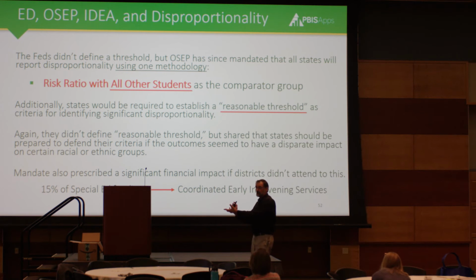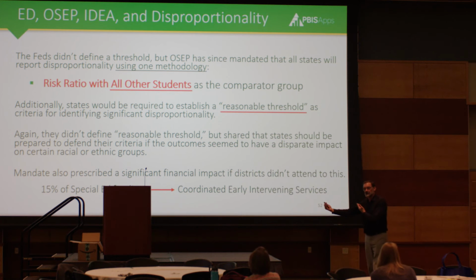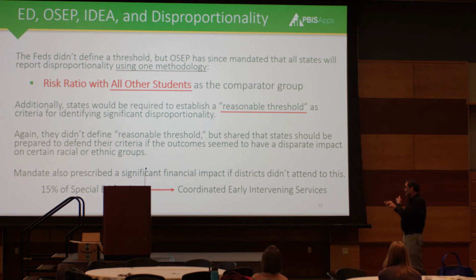But we know if we have these services going for special ed students, we can't just stop doing those services. We're responsible to maintain those services, which means we have to take from our general budget to cover the 15% that we took away from our special ed, because we had to take that money to cover the part because we're allowing this significant disproportionality to happen. Which means now our budget is 15% of the special ed funding lower than it was. We're concerned we don't have enough resources as it is. You do this for 3 years. Well,